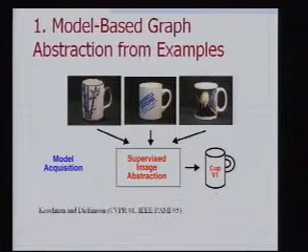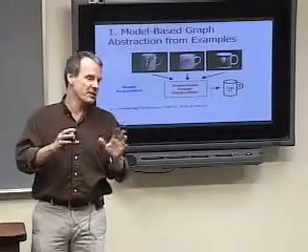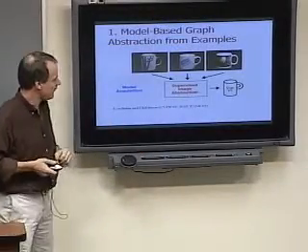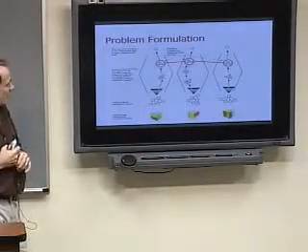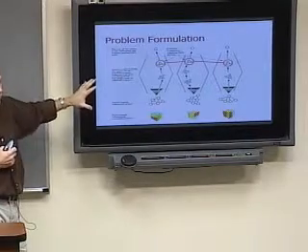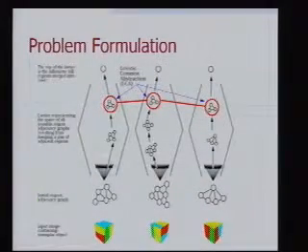And of course, the geometry of the handles is all a little different, and the exact geometry of the body faces is slightly different. And in fact, you have this textural difference as well in each case. And I'm not going to make any claims now whether the model that we recover here is 2-dimensional or 3-dimensional. What I'm going to talk about is invariant to that right now. Okay? So here's the formulation of the problem, and to explain this, I'm going to introduce a very simple example right now.